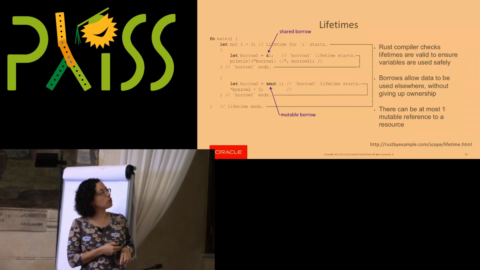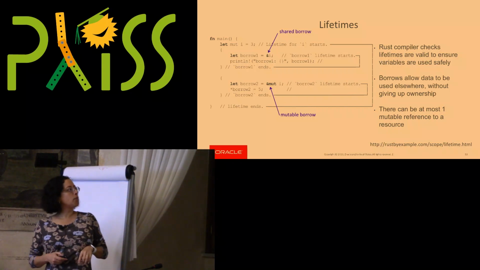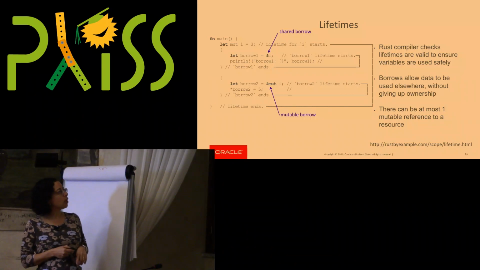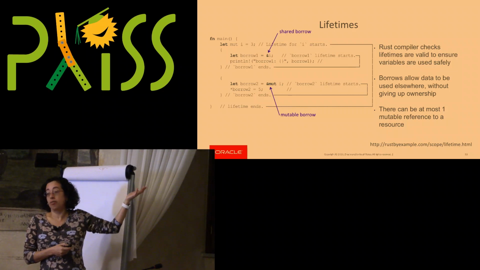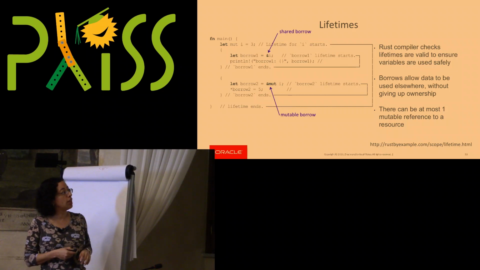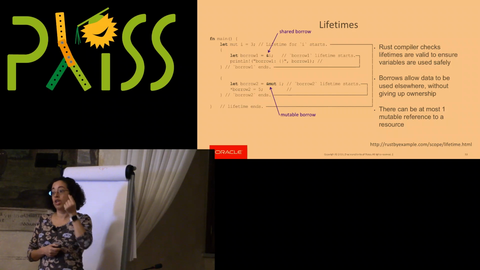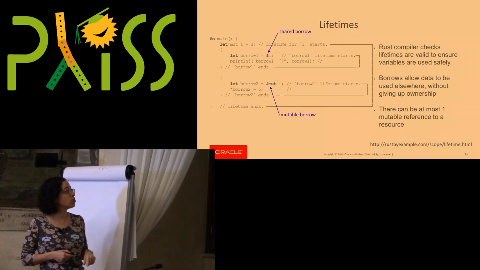But let's say that I'm also going to have a few other variables, right? The scope for these ones is going to be shorter, okay? Now, in this particular example, we have I. Now we're going to do a borrow 1, and we're going to have a shared borrow on I, right? So can we actually display the contents of borrow 1? Yes, that's fine, because the lifetime is up to there, and there's no conflict, right? Only one particular variable is making use of that borrow.